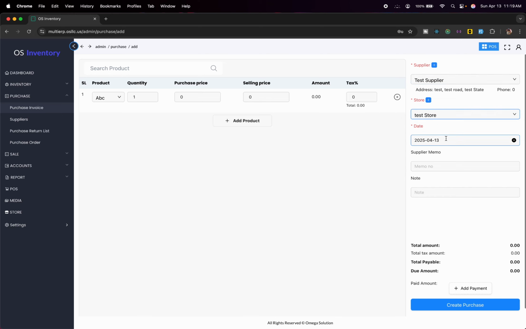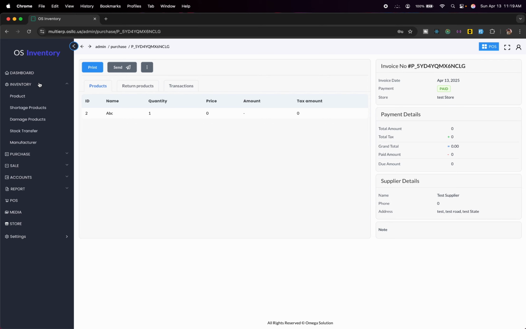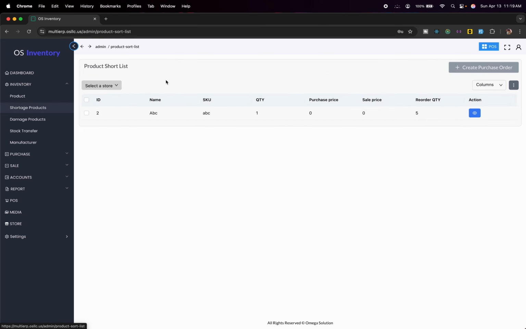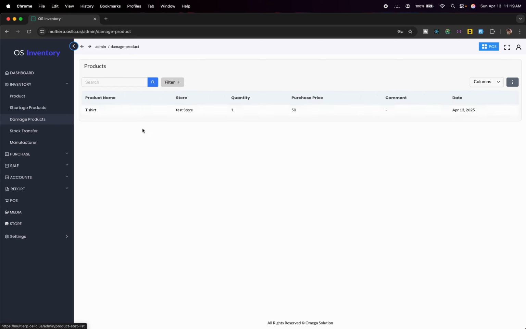Store with this store, and let's create purchase. Let's just leave it and see our shortage product. As you can see, we can see which product is short in our inventory,